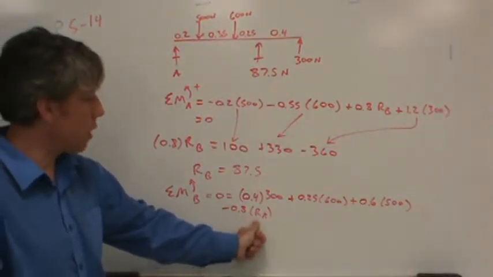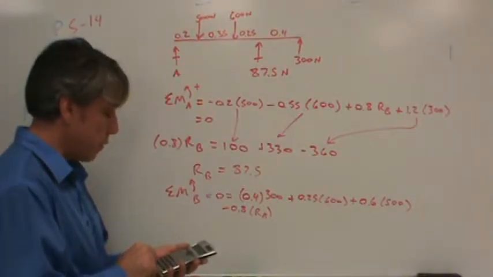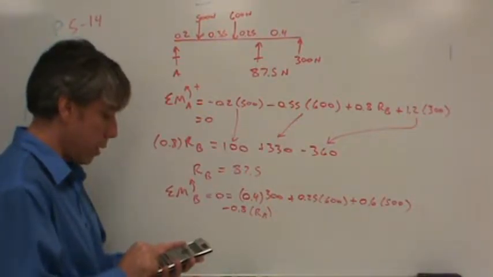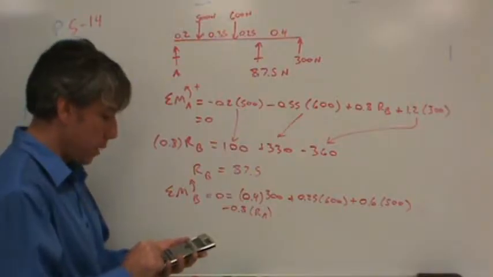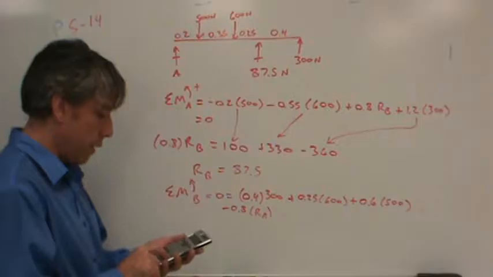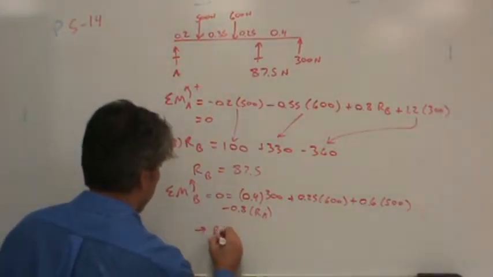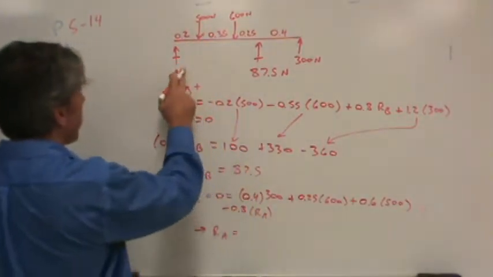That should solve for the reaction at A. So 40% of 300 plus a quarter of 600 plus 60% of 500, divided by 0.8. Looks like the reaction at A is, I'll just write it in up here,